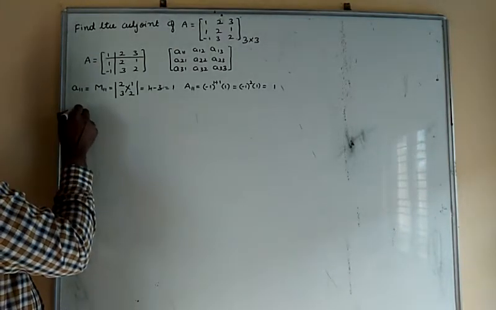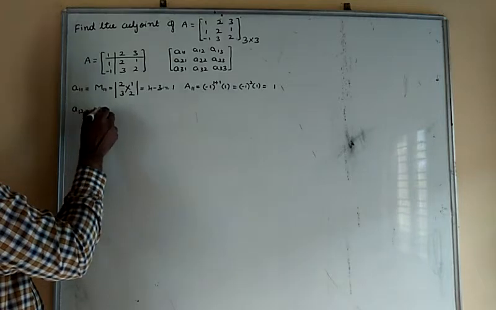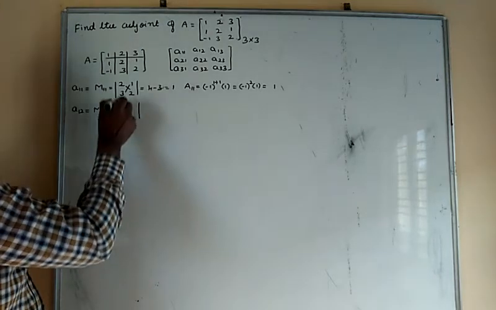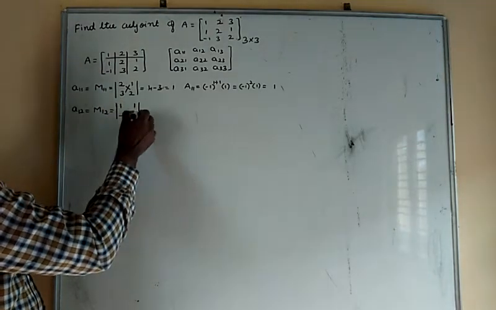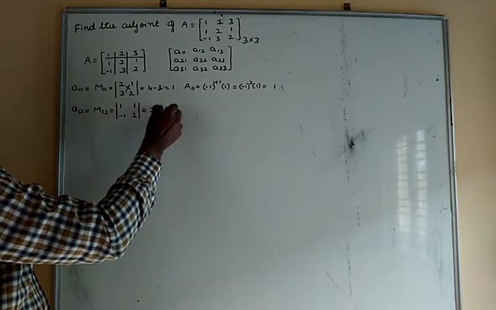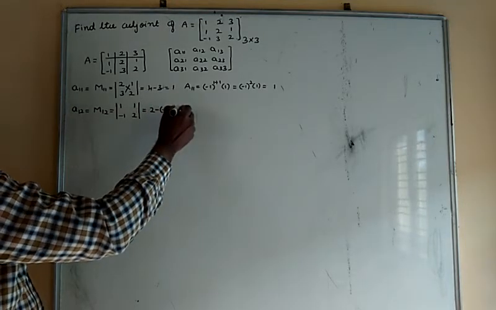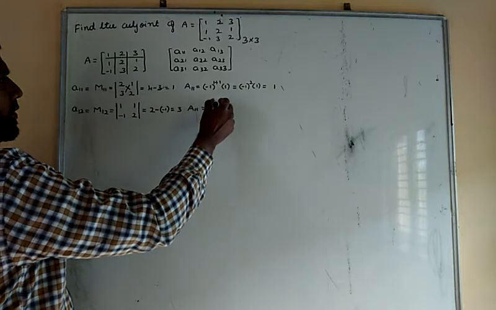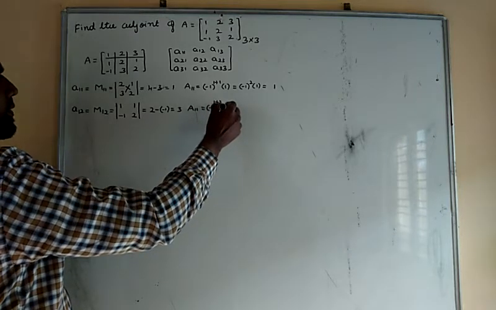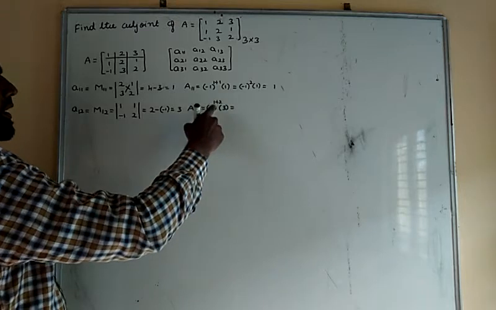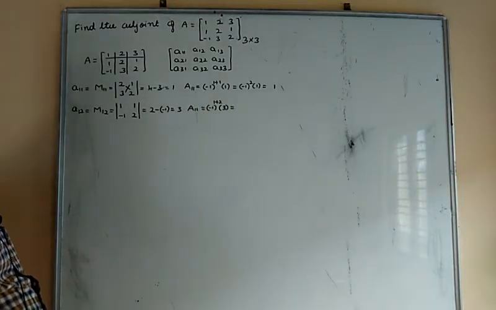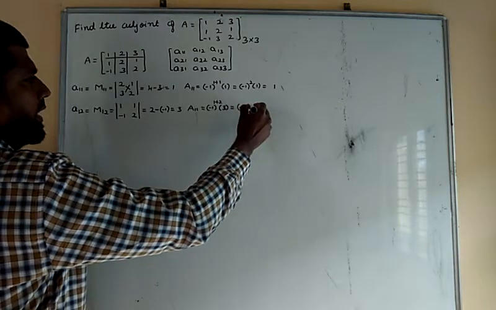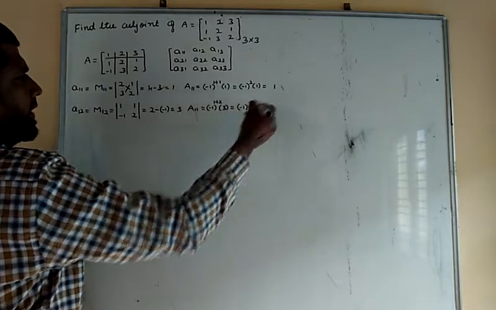Now let us find A12. The minor of A12 is M12. M12 lies in the second column and the first row, so leaving 1 1, minus 1 2. Then 2 minus of minus 1, that is minus into minus plus, 2 plus 1 is 3. Now the cofactor is minus 1 whole to the power of 1 plus 2, into 3. The power is 1 plus 2, which means 3, an odd number, so multiplying minus 1 gives minus 1 into 3, that is equal to minus 3.